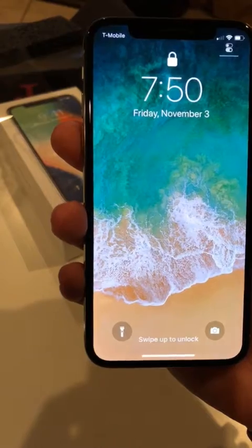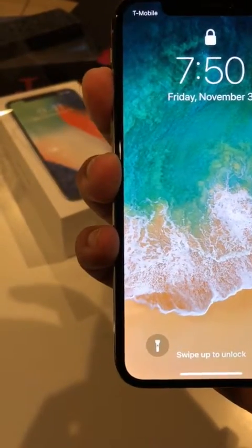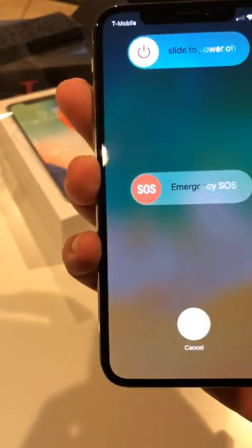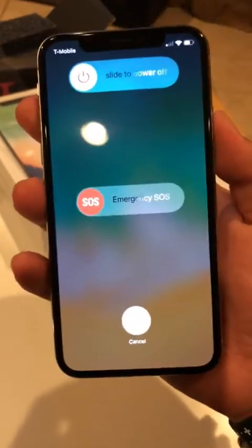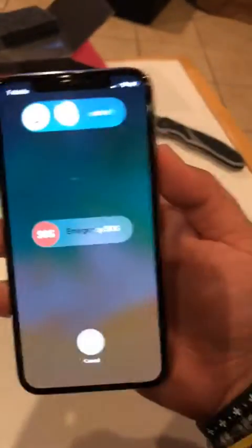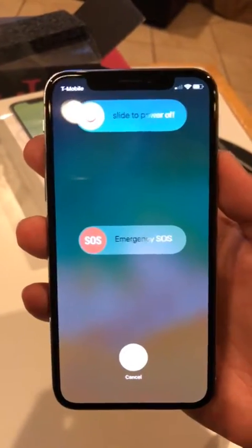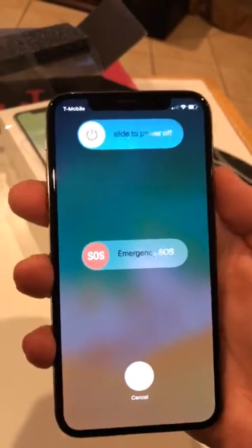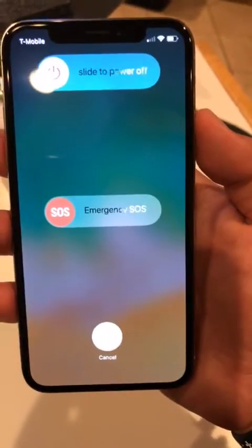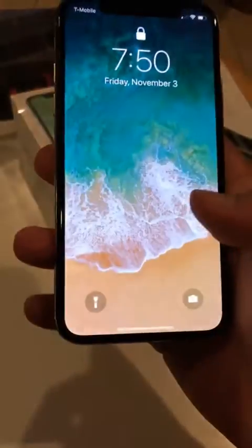How do you turn... Oh, okay. So I don't know what I did. If you do power and volume up, that's how you turn off the phone. I did power and volume down, and it thought I was in an emergency. So yeah, and then